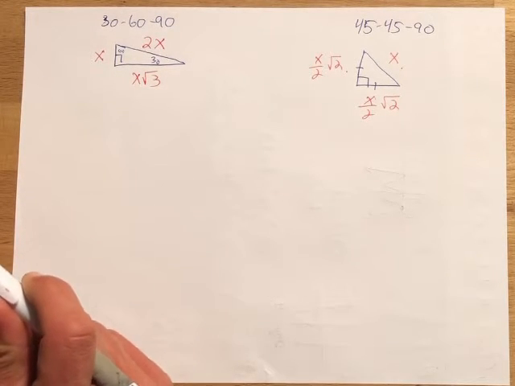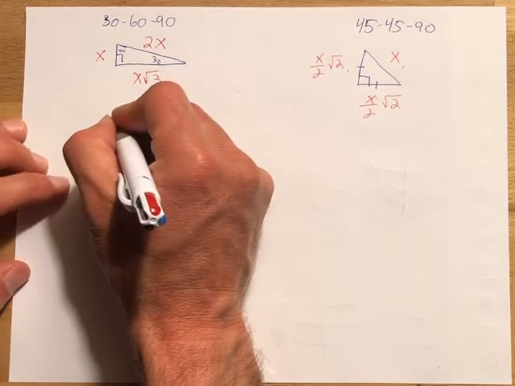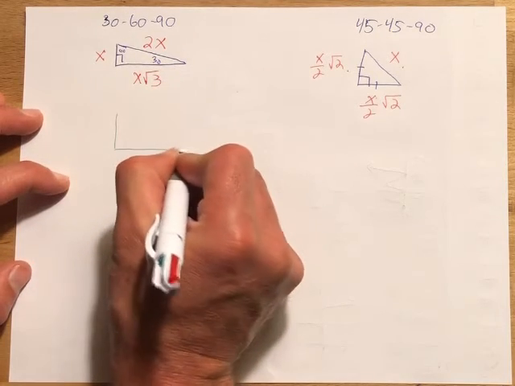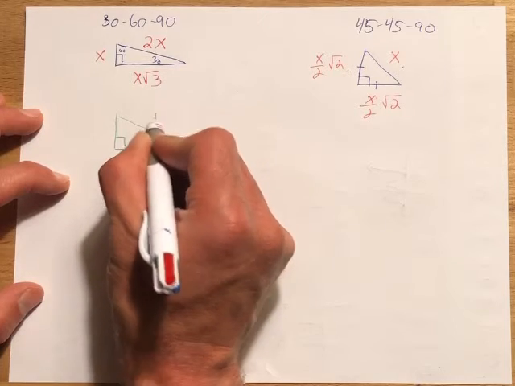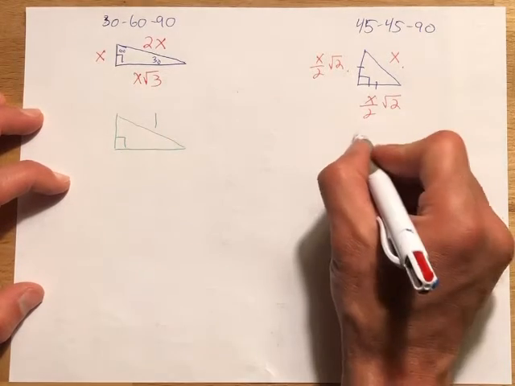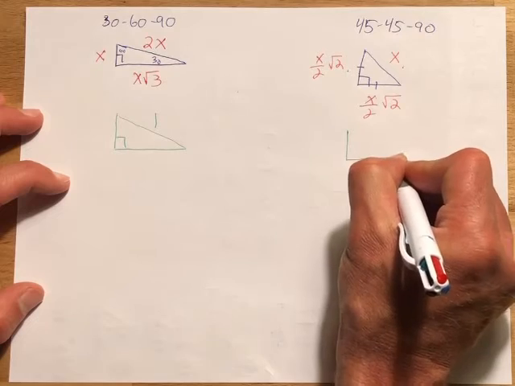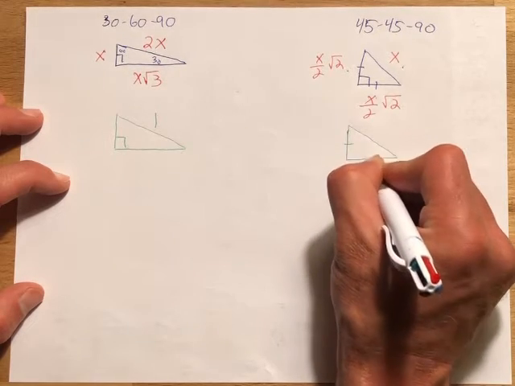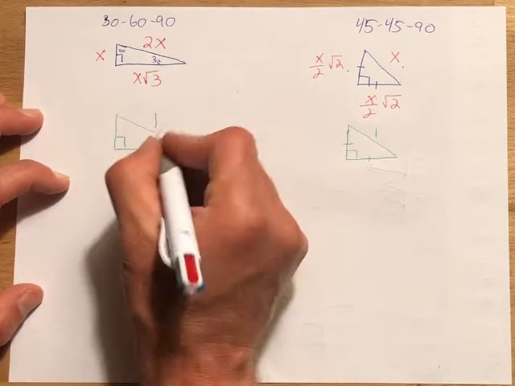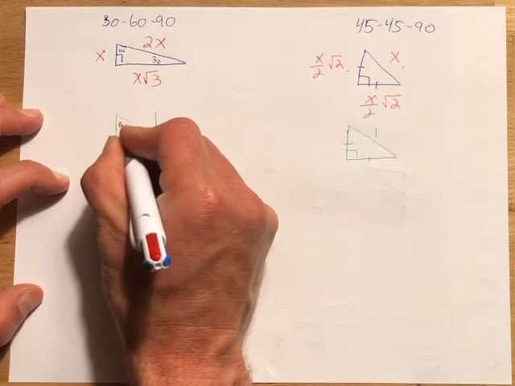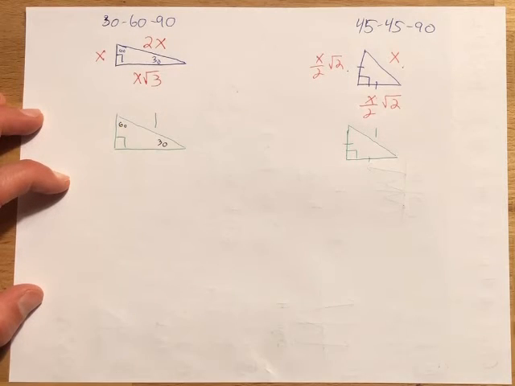Let's pretend now, from now on, in our 30, 60, 90 degree triangle, my hypotenuse is always 1. Or in my 45, 45, 90 degree triangle, my hypotenuse is always 1. So this is 30 degrees, this is 60 degrees, and these are 45 and 45. Okay, well, according to this